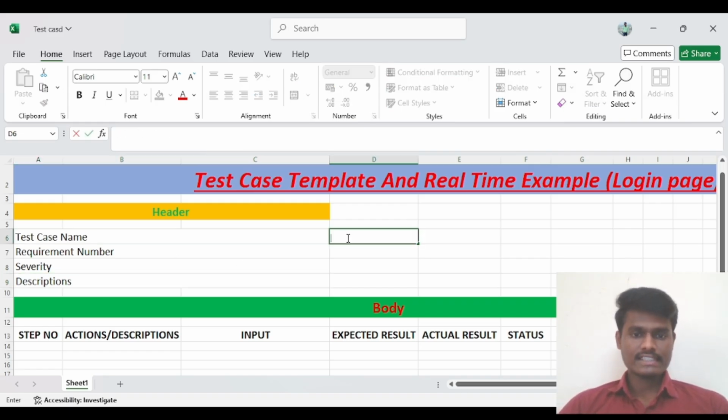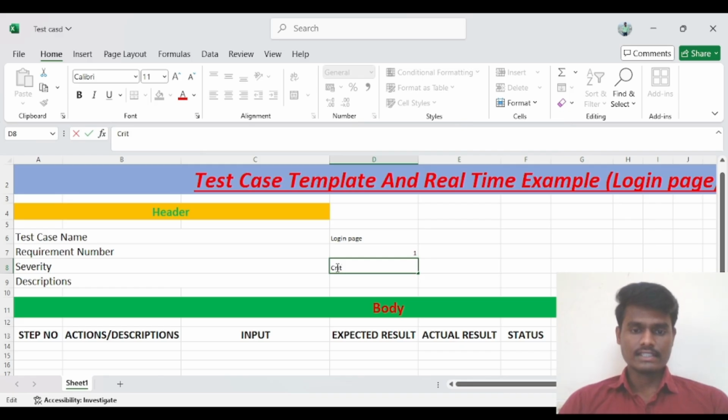So for example, we have here the test case name, login page. This is our test case name. Requirement number, suppose I have given 001, and severity I have given critical. Just for now, understand this one only, critical.